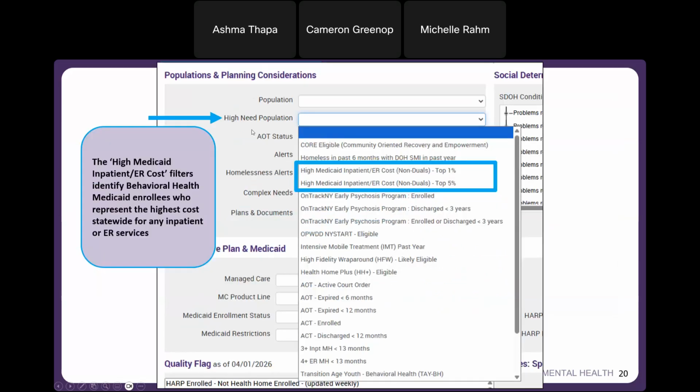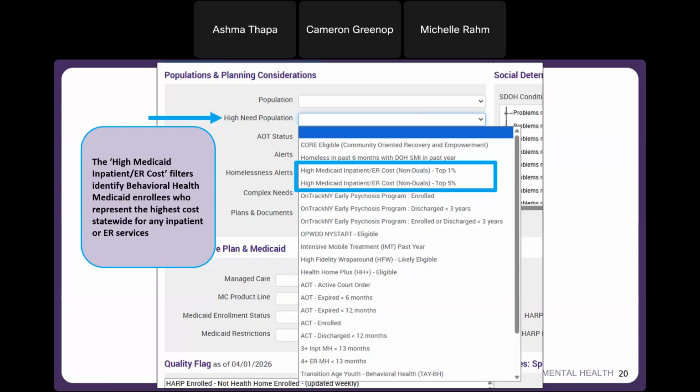Going just one step down, within this high need population filter dropdown, we have high Medicaid inpatient ER cost filters, and we have them for top 1% and top 5%. These identify behavioral health Medicaid enrollees who represent the highest cost statewide for any inpatient or ER services.